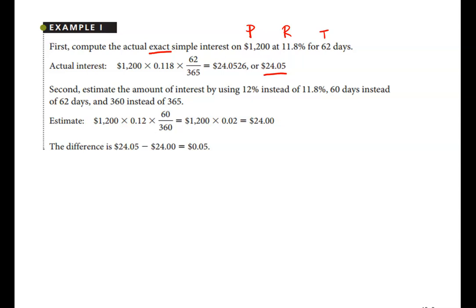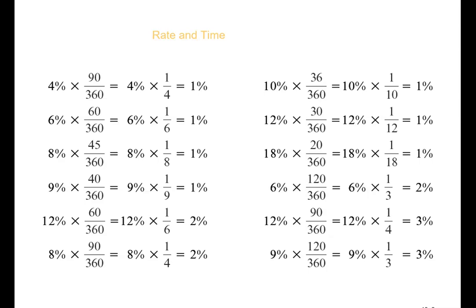So we can round this 11.8% to 12%, and we can also round the 62 days to 60 days. Now if you go back to that table and look for 12% and 60 days,